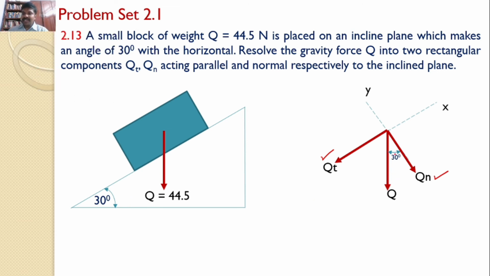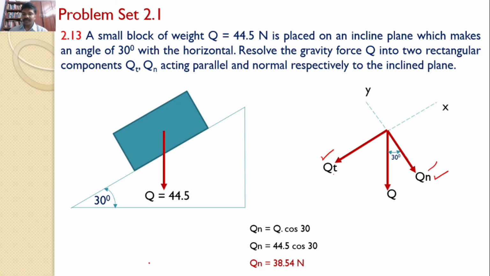Since Q makes an angle 30 degrees with the Qn, Qn becomes cos component, Qt becomes sine component. Hence Qn is equal to Q into cos 30, and this value is 44.5 into cos 30, that is 38.54